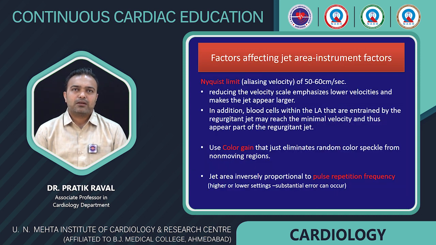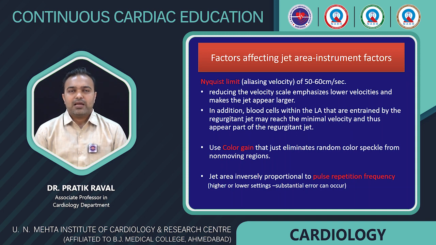There are certain factors that need to be kept in mind while assessing MR severity with the help of color flow mapping. The important one being the Nyquist limit. The Nyquist limit should be adjusted at around 50 to 60 centimeters per second. As the velocity is reduced, the lower velocities are also included in the MR jet, which makes the MR jet